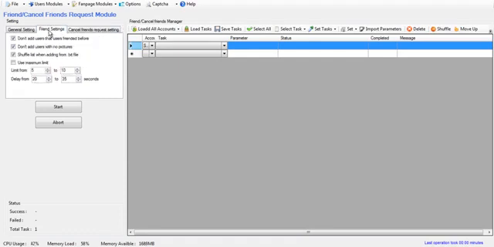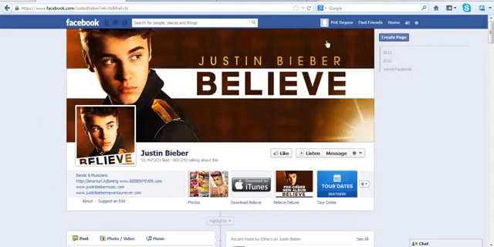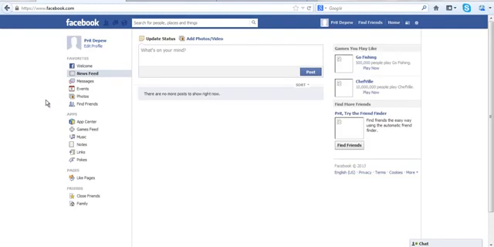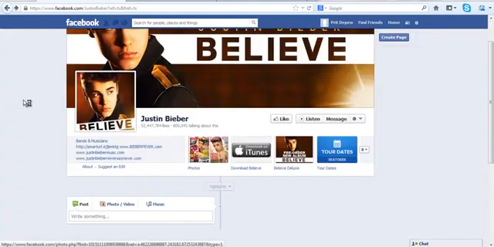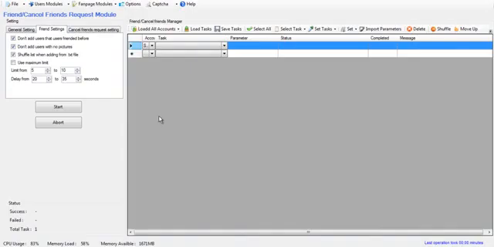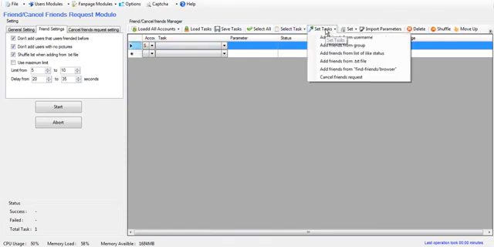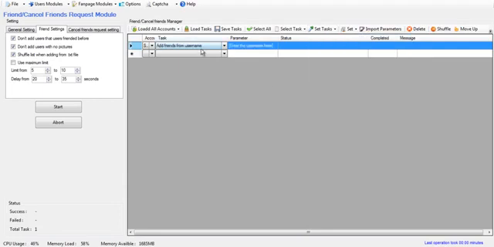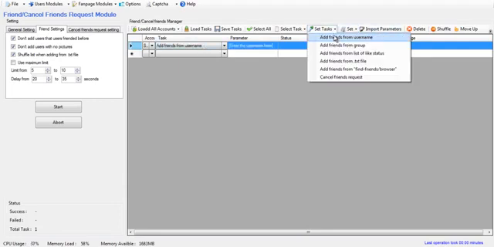So we're starting out with just a brand new account. You can see right here, it's just a brand new account. It doesn't really have anything. All right. So for this, let's say you want to select this account, and then you want it to add friends from a username. What you would do is go over to set task, and you can choose